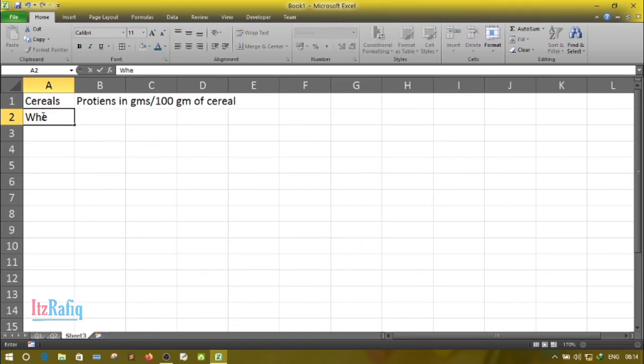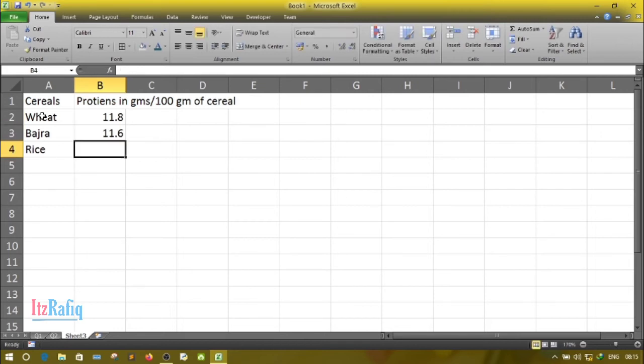First wheat, then bajra, then rice. Protein percentages are 11.8, 11.6, 6.4. So she has created this worksheet.